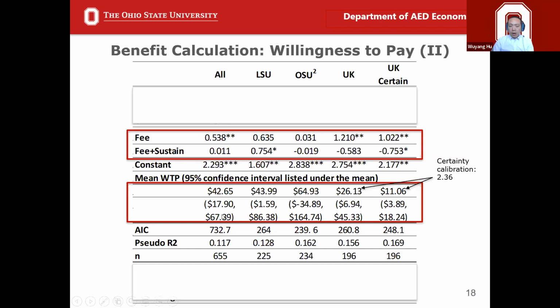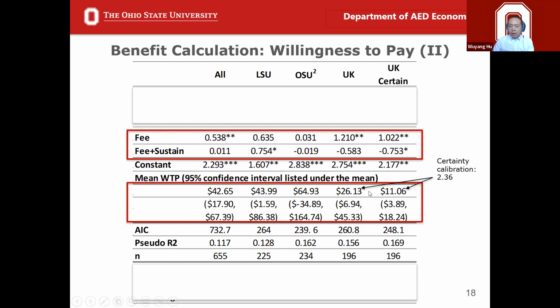And here are our willingness to pay, the benefits measure based on the model results. Remember the slide before, we just simply showed the yes or no answers. From that yes or no answer, we derive the benefits. But here, we derive the benefits from the models. Which one is better? It's hard to say. The yes or no is more direct. The models involve more factors and have more uncertainty, but the model is more comprehensive in taking in all this information and controlling for all these other variations. So it's hard to tell which one's better, but yet we got these numbers.